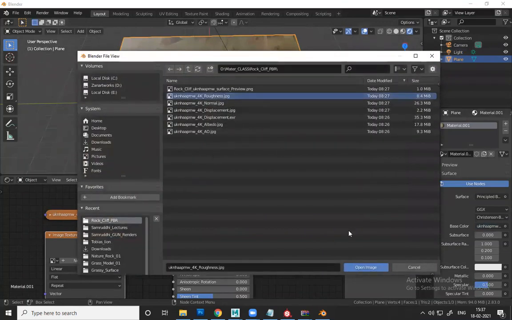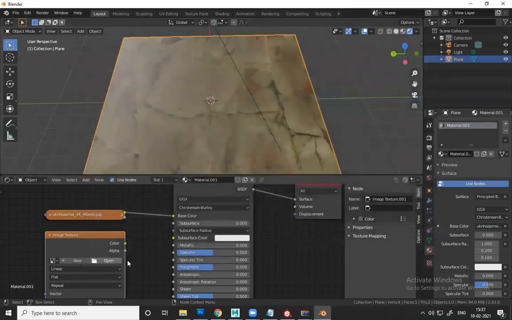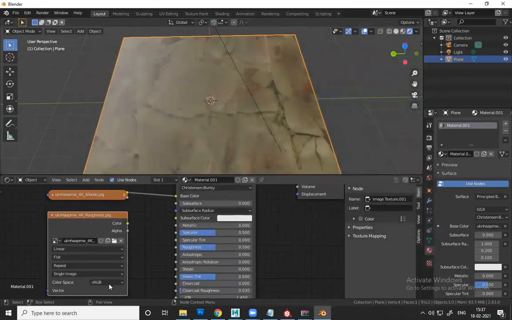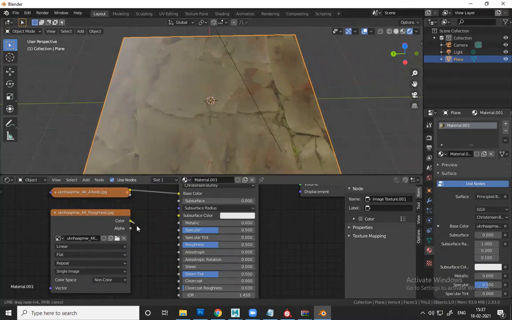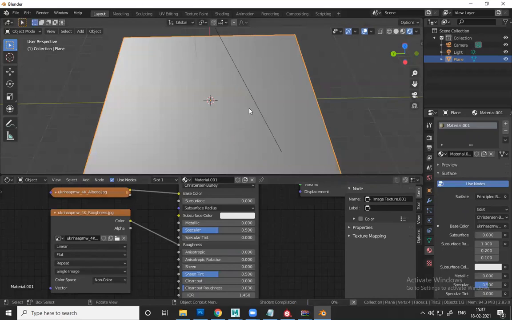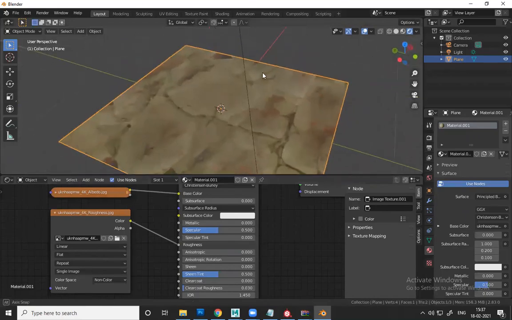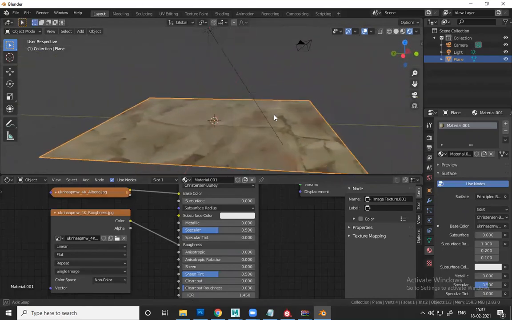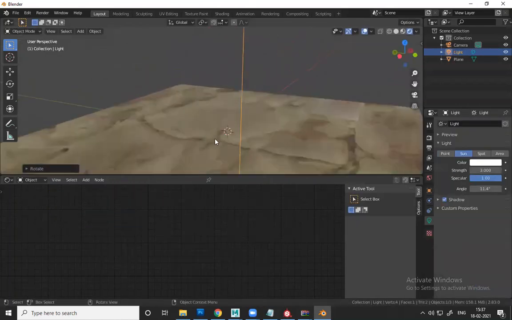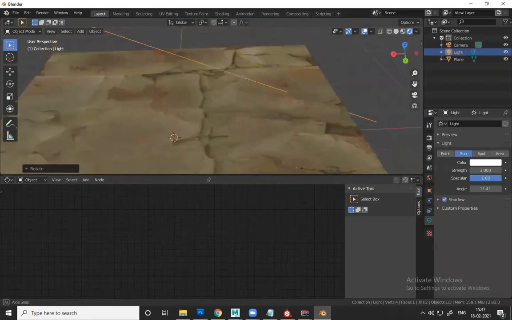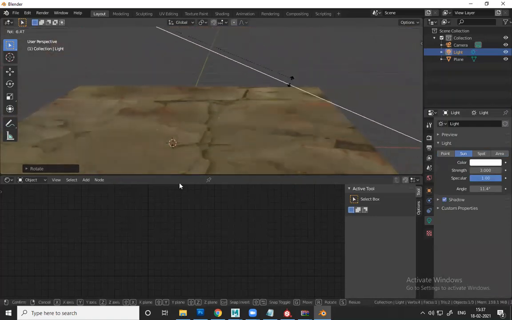We are going to search for roughness. Open image. Now, before that, we are going to set this color space to either raw or non-color. Non-color would do. Now just simply connect this to roughness. Okay, we are beginning to get the roughness that we need, although we need the